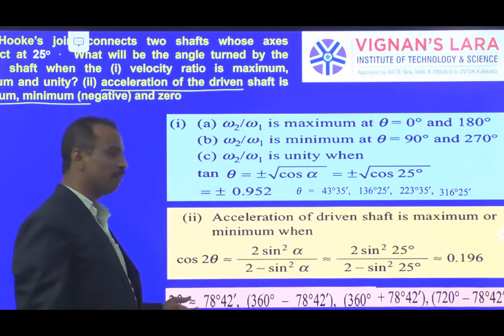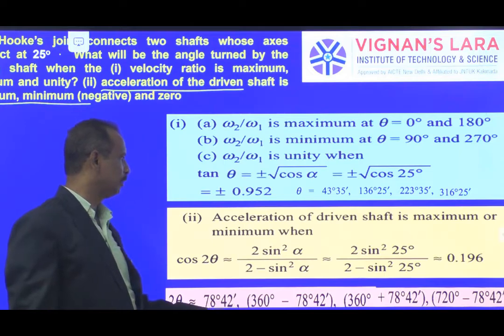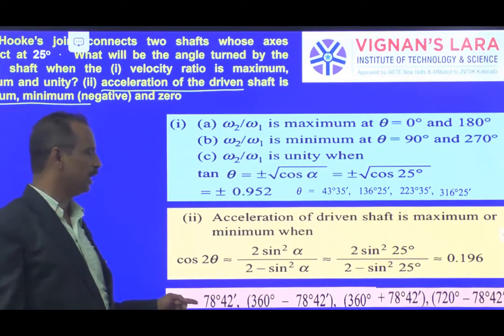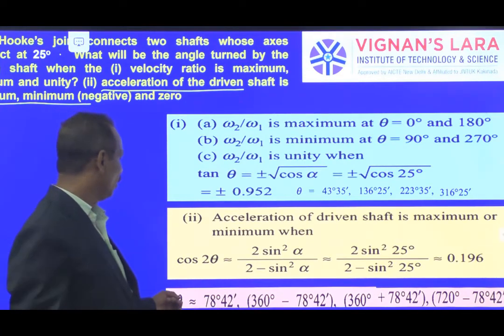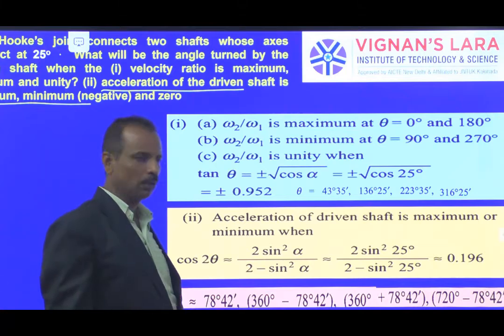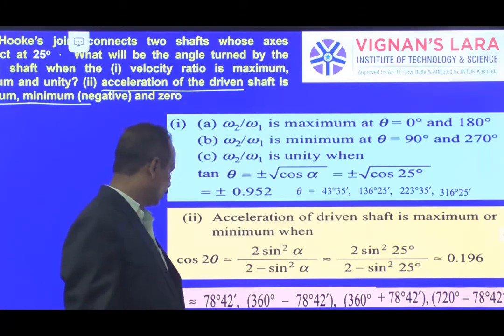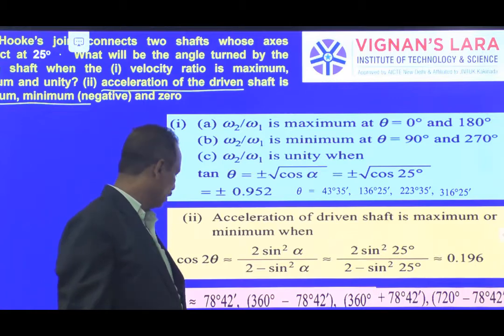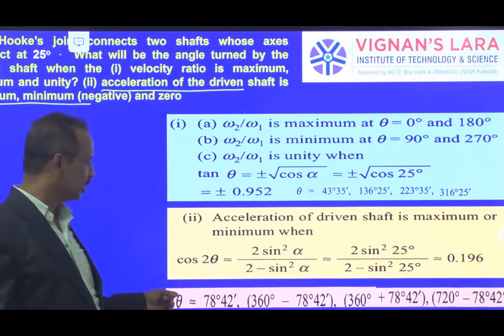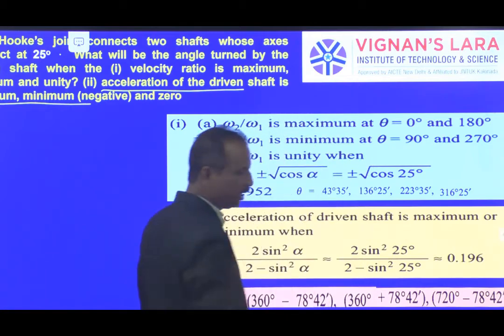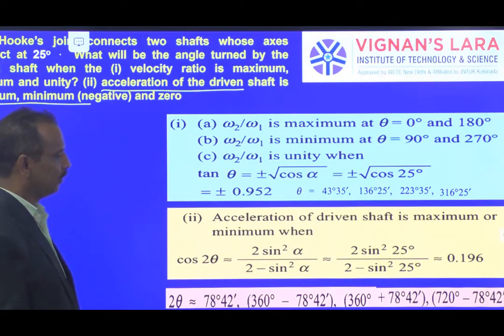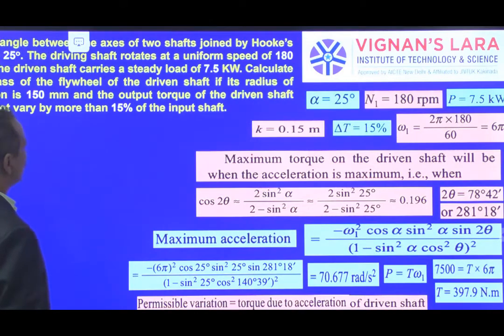So how to say when it will be maximum and when it will be minimum? That is decided by another equation, the acceleration maximum equation, which you can see in the next problem. There we can identify whether it will be maximum at 39 or 140. Looking at those equations, you can decide it. And the acceleration is 0 when theta is 0, 90, 180 and 270. Let us see the last problem of today's lecture.